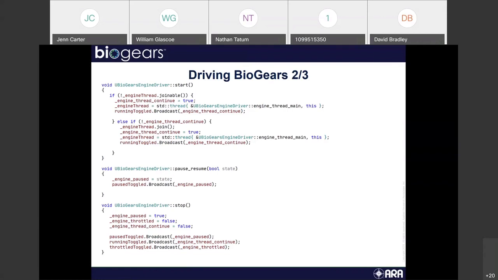I don't have to write my own mutexes for that to work. And then for stop, I manipulate all of my control variables into a safe shutdown state, broadcast that they've changed, and allow that thread to go one more advance time tick before it shuts down, to make sure that there are no asynchronous problems before the thread's called